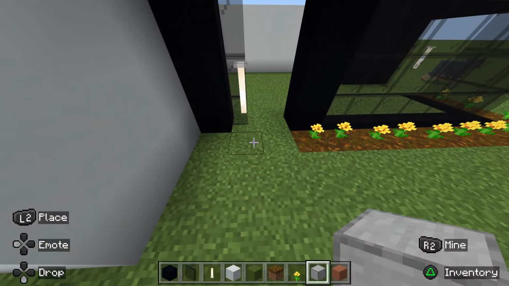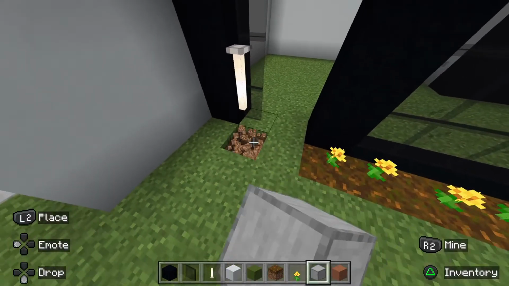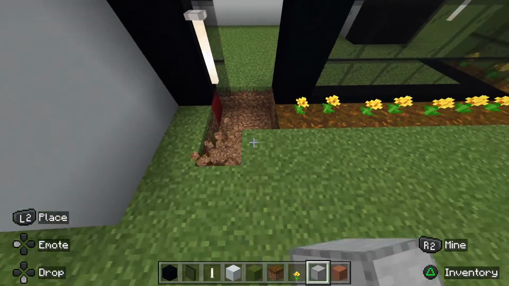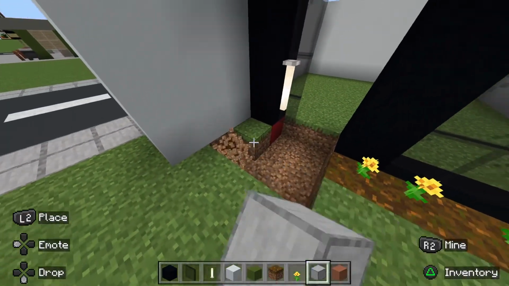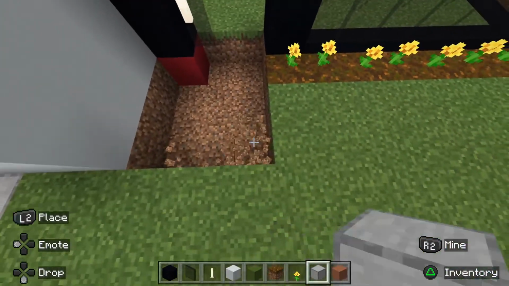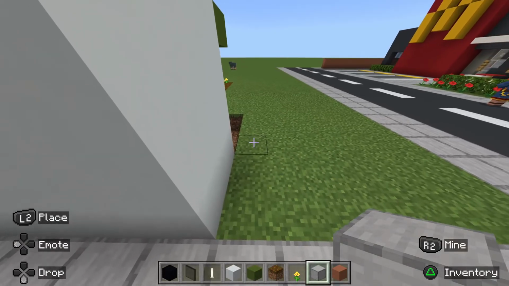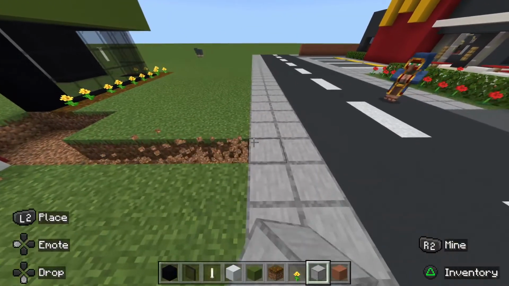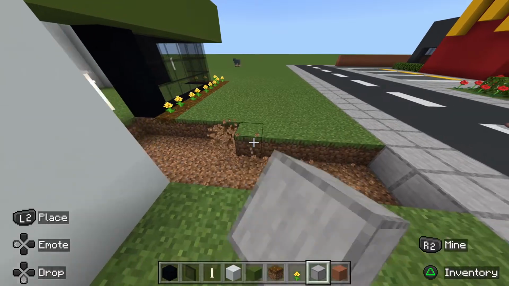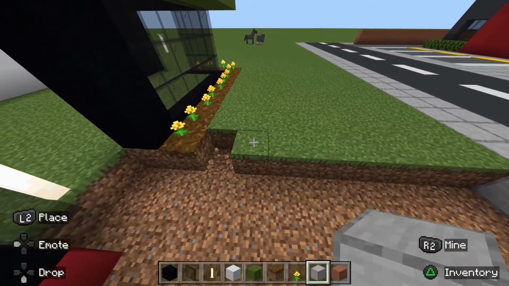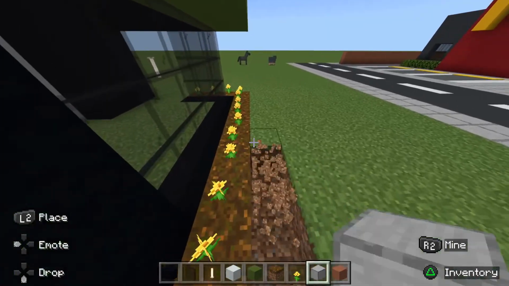So the pathway is going to extend from this door here, and it's just going to extend forwards. We might even extend it just so that it flares out a little bit like this. Yeah, so we'll extend 3 rows of smooth stone forwards like this, right? And we also want to have 1 row of smooth stone extend all the way over to the line, hit the grid, and then we will make